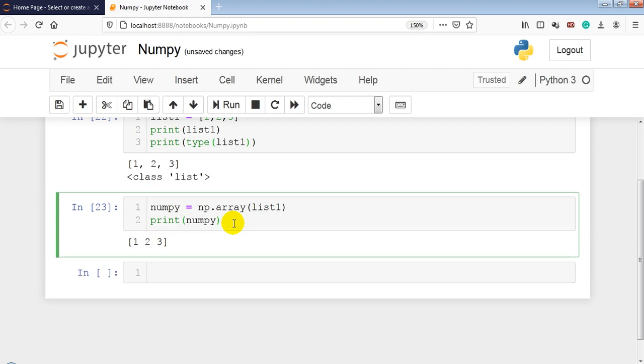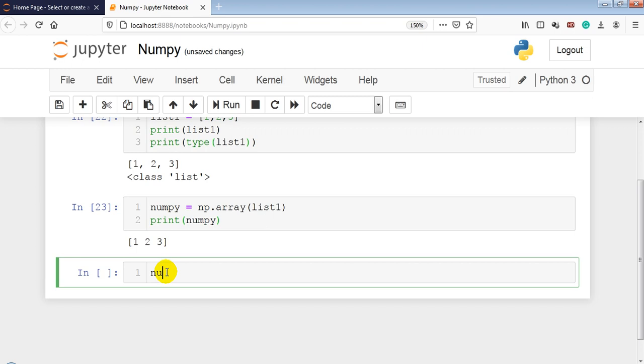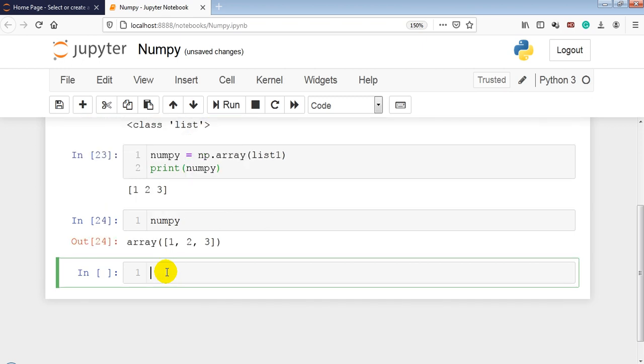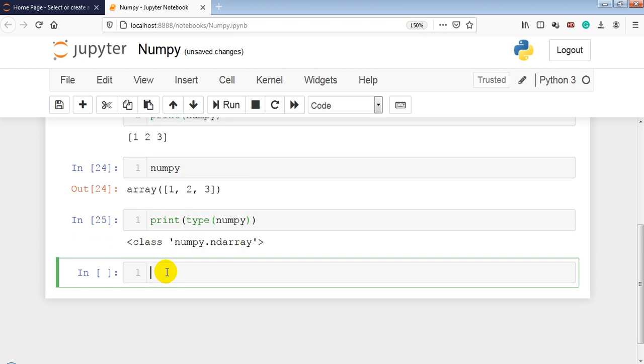If you print it, you can't differentiate a normal Python list from an ndarray, so let me write only numpy. Now let me check the type of it. Print type of numpy. Now you can see it's a numpy.ndarray.